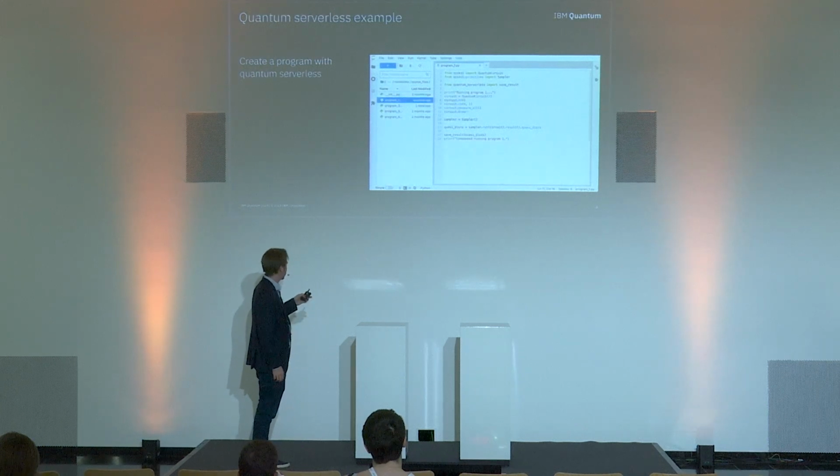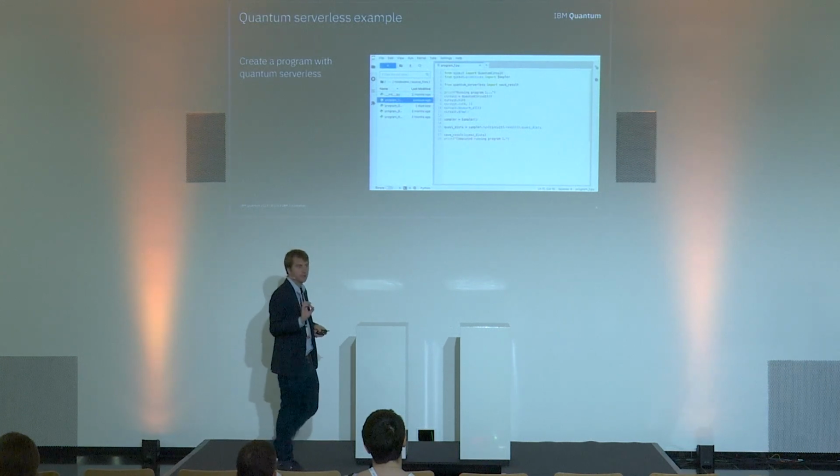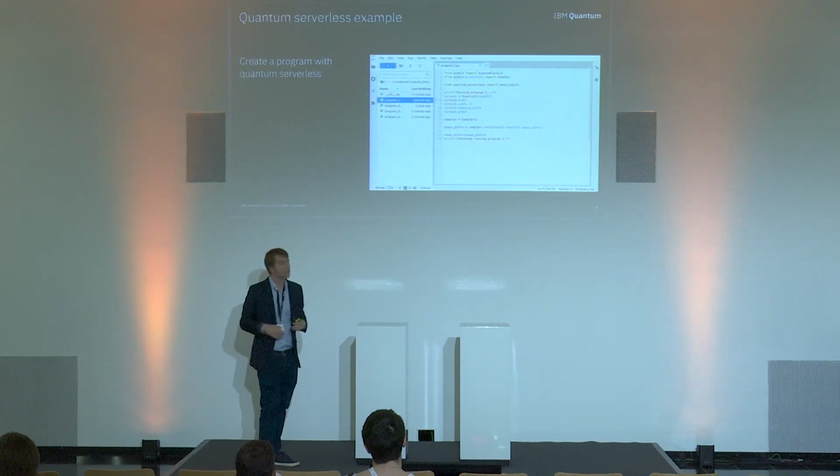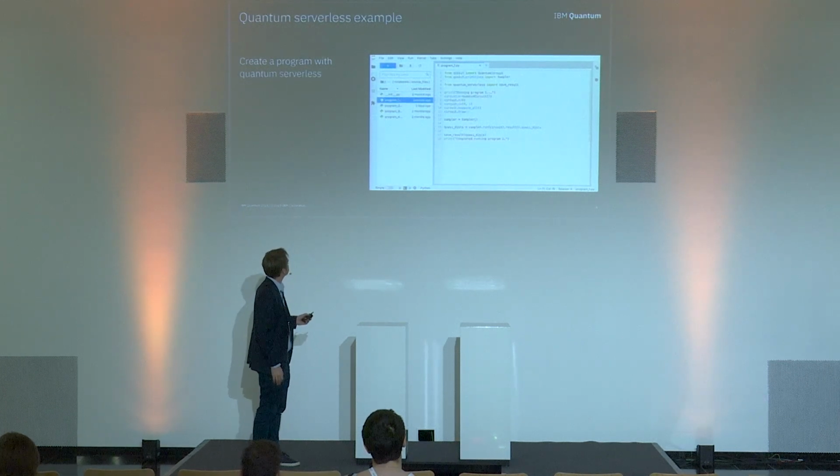And then we want to sample from this state. So you can see here that we are using a primitive, namely the sampler. So we will be drawing bit strings from this state. And in principle, if this is doing what it should be, you'll be drawing bit strings that are only 0,0 or 1,1, right? So because you have entanglement between these two qubits, you will not have 0,1 and 1,0. So this is the program that we want to run.